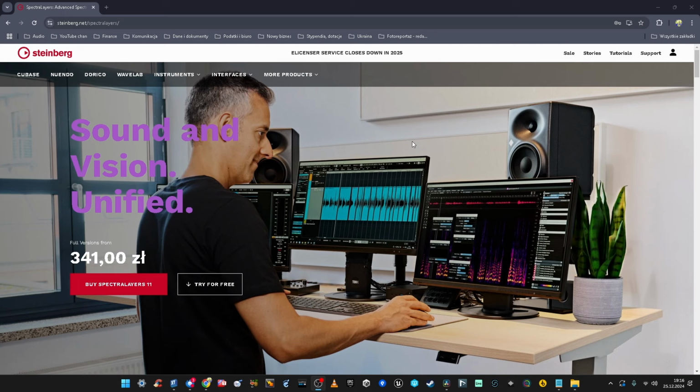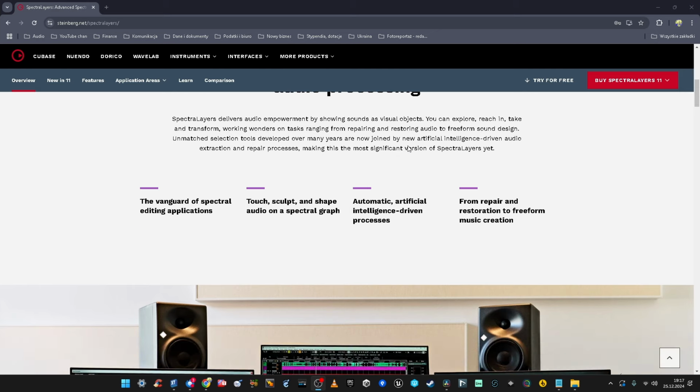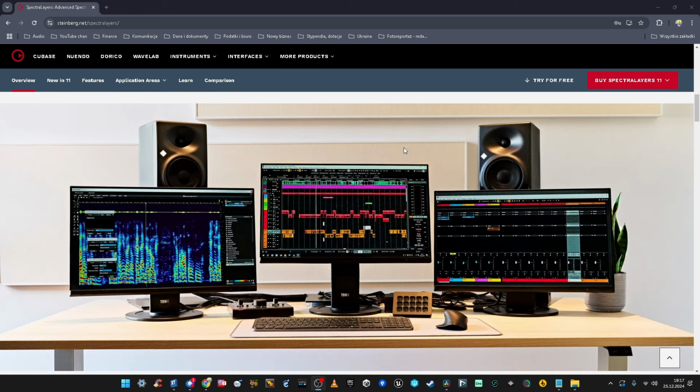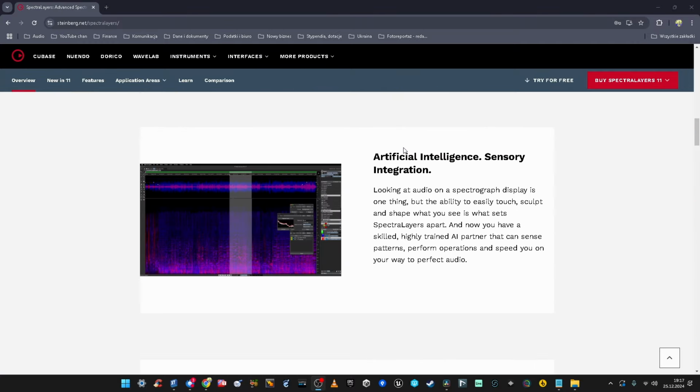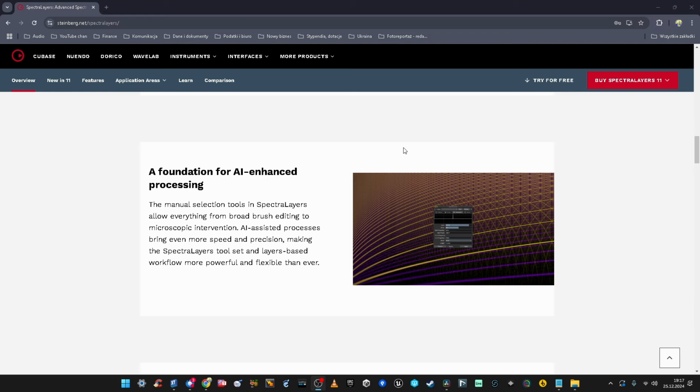Yeah, the department of audio tools just consists of one audio tool, one audio platform. It's SpectraLayers 11 by Steinberg. It's a spectral editor that works as a standalone and as an ARA 2 extension. I tested it out and I was really, really impressed, mainly with how well it can separate stems from your music. And until the very end of the year, I still believe that what SpectraLayers does, just in terms of stem separation, is actually really absolutely stunning.